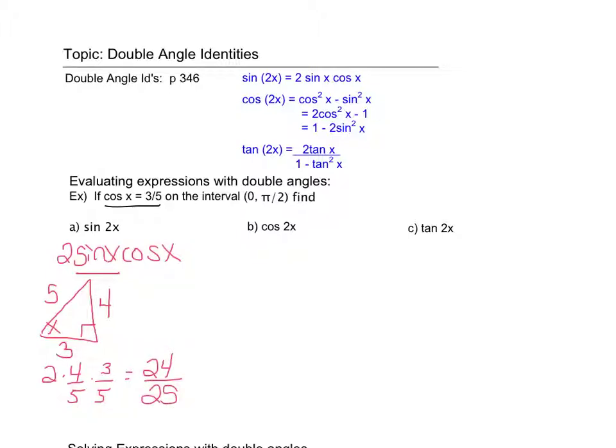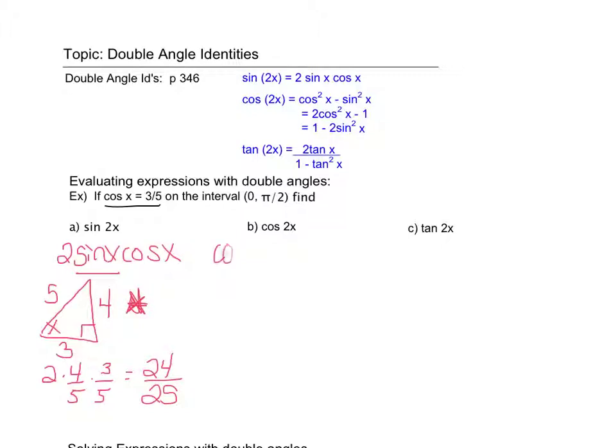I can do the same thing with cosine of 2x. I can choose any of the above formulas to use for cosine of 2x. One isn't necessarily easier than another. The second one is nice if I only know cosine. The third one's nice if I only know sine. Since I know both sine and cosine because I've already drawn my triangle here, I'm just going to go ahead